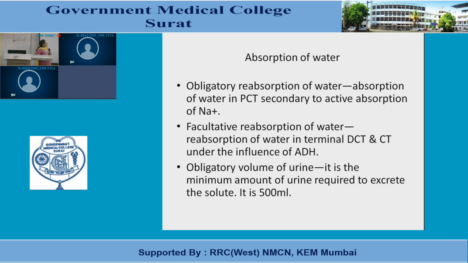Now, obligatory urine volume: how much urine you should pass per day to get rid of the excess solutes? That is about 500 ml, the minimum requirement. Certain animals like the kangaroo rats and mice living in the desert have a very high concentrating mechanism and can give an osmolality up to 10,000. In our urine, we can get osmolality up to 1200 to 1400. So they can stay in desert conditions for a long time, even without drinking water.